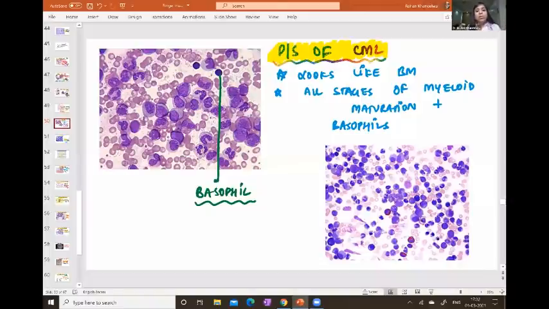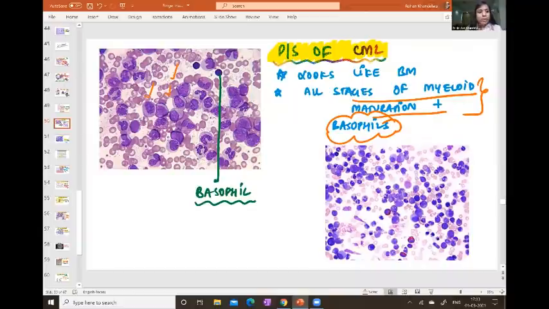So a direct question which they ask you is, basophils are seen in? Answer is CML, right? So in this image, can you see all these cells, promyelocytes, myelocytes, metamyelocytes, band forms? We can see all these cells. So that is what happens in a CML slide, right? So I hope now you know how to differentiate the 4 types of leukemias. ALL and AML will show lymphoblasts and myeloblasts respectively. CLL will show smudge cells and mature lymphocytes. CML will show basophilia and all stages of myeloid maturation, right?